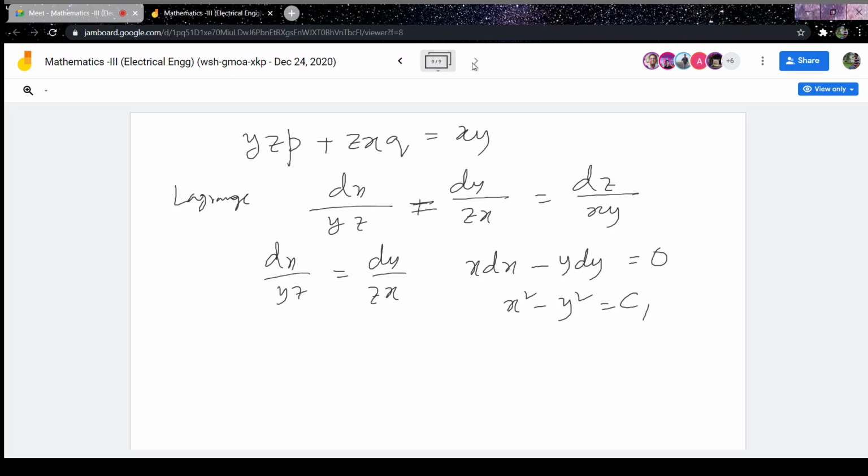And the other one will be the same if we take these two: z square minus y square is equal to c2. So the general solution will be